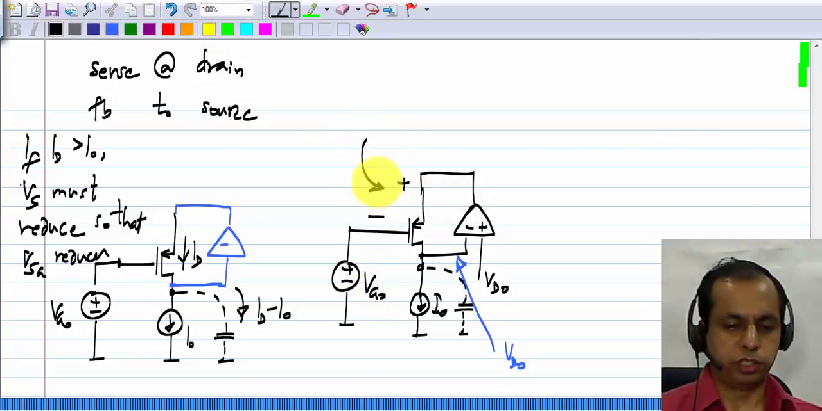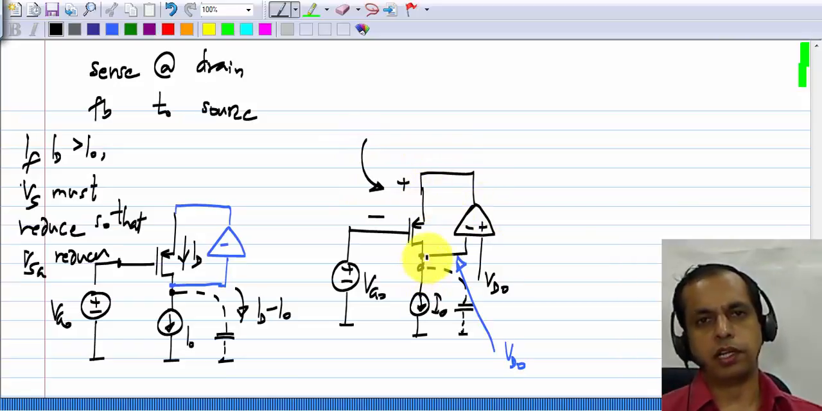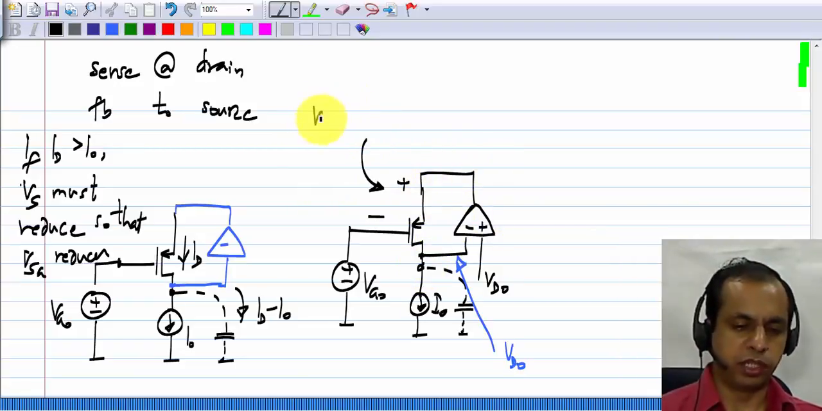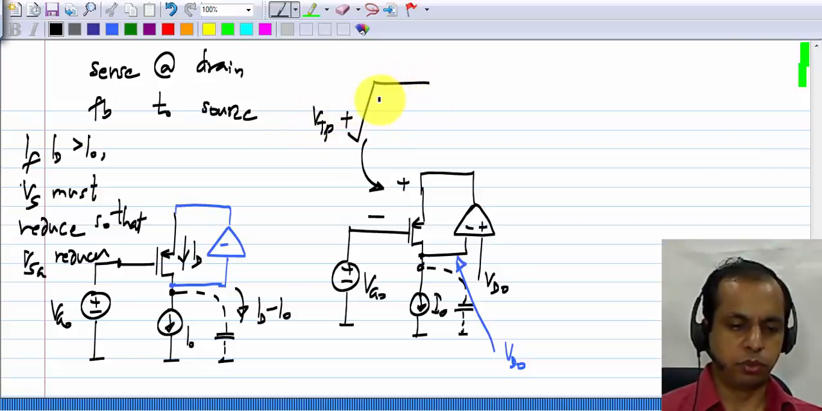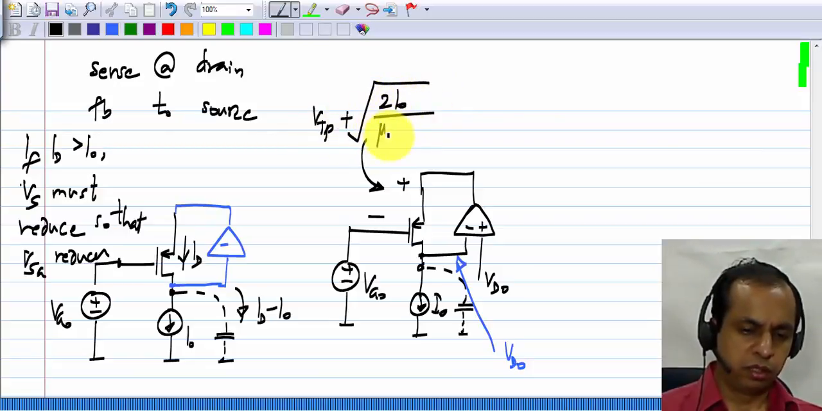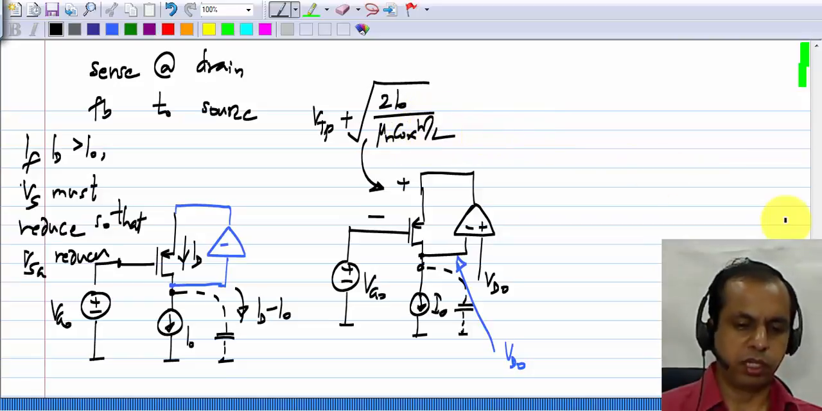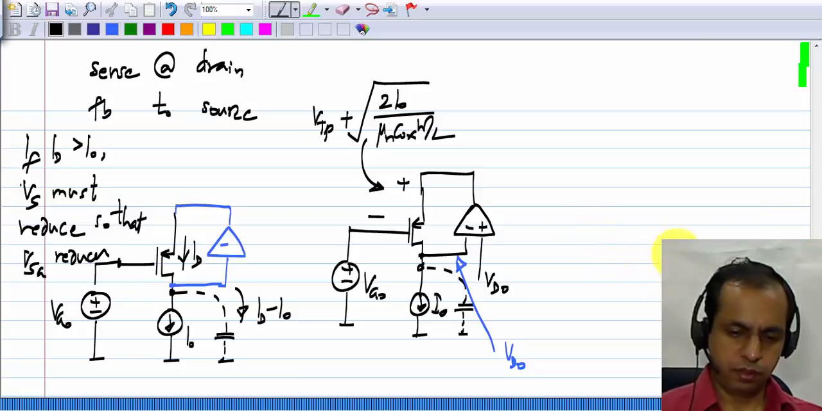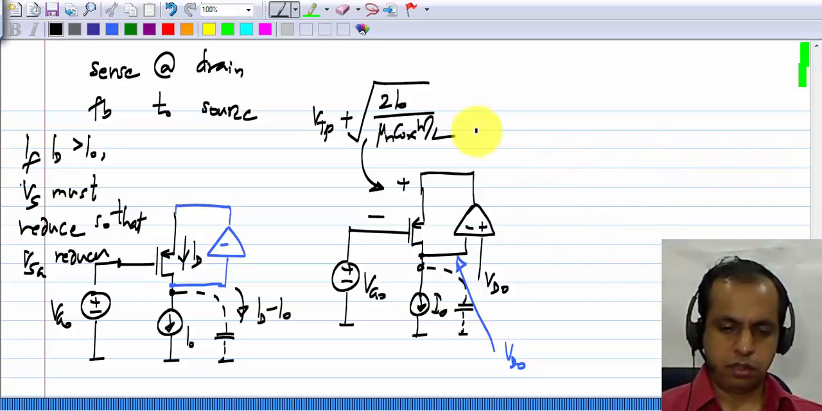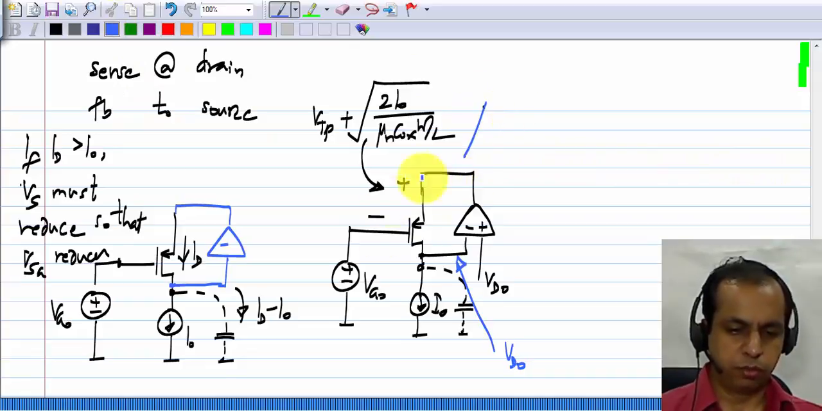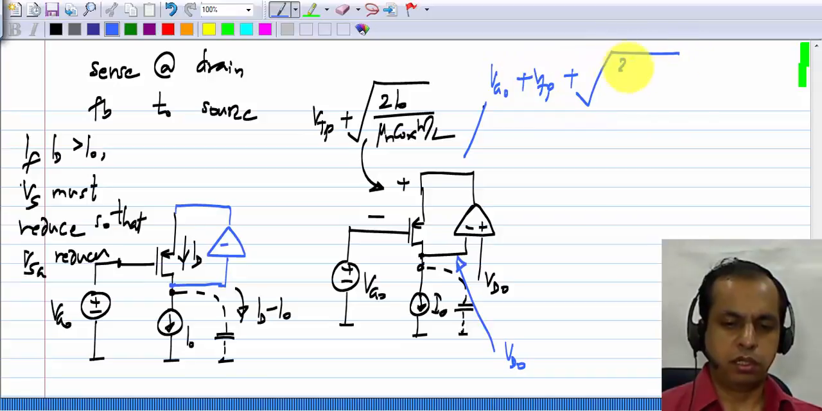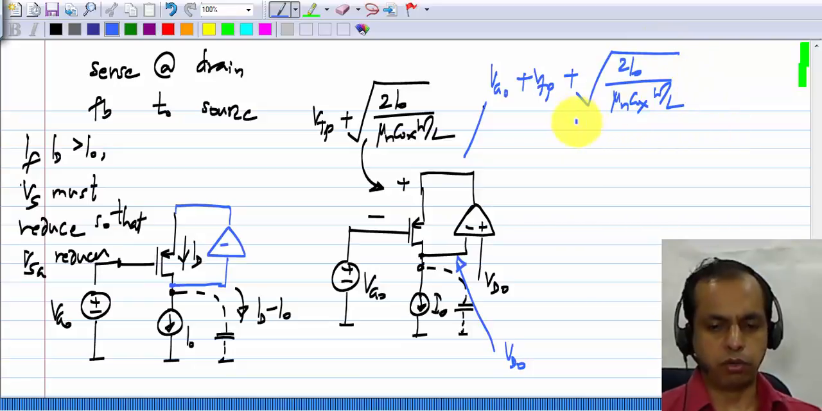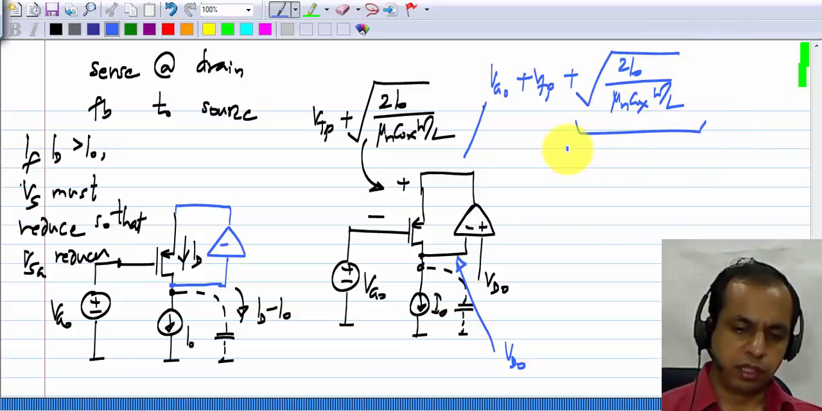The source gate voltage has to be such that the transistor carries a current I0, which means that the source gate voltage has to be VTP plus square root of 2I0 by mu1 Cox W by L. Okay. So the voltage here would be the gate voltage plus the threshold voltage plus 2I0 by mu1 Cox W by L under the square root, and this part is known as the gate